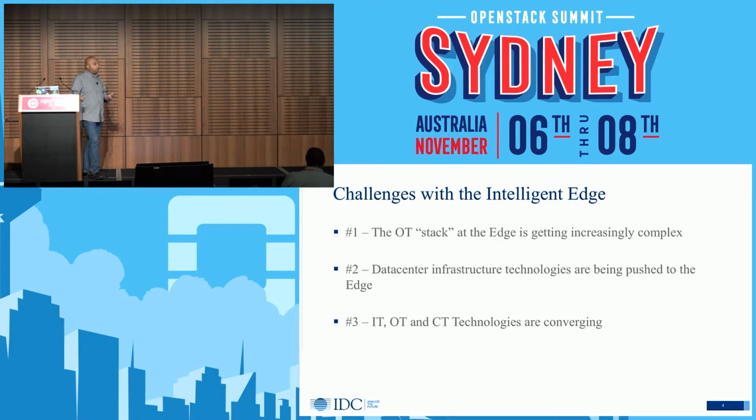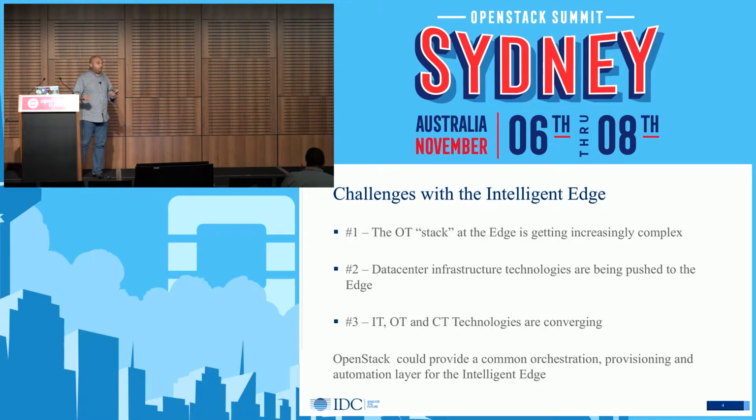So the infrastructure being common means that all of these applications run on the same platform. And so you need to think about them in a holistic way, not just as independent point products or point solutions. One theory here, and this is more of a test that we have to do with OpenStack, is to see if OpenStack can be the platform that can provide the common orchestration, provisioning, and automation layer for the intelligent edge,